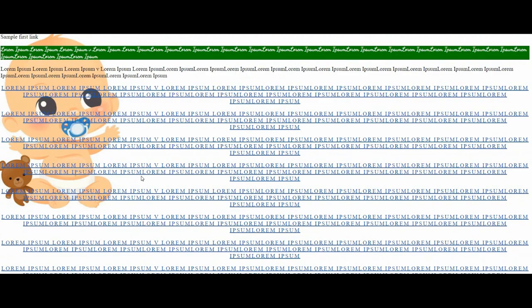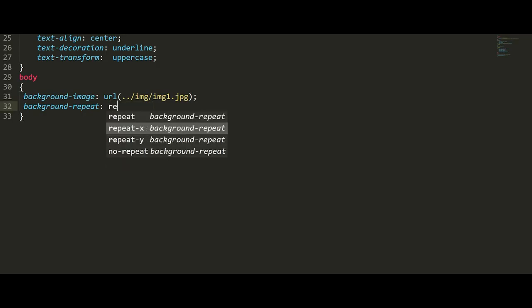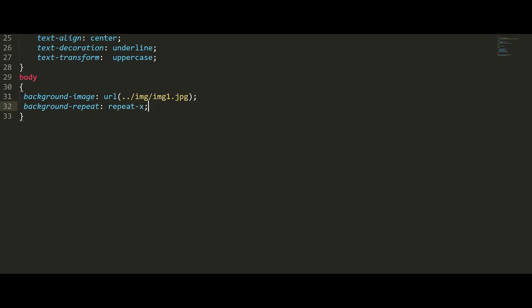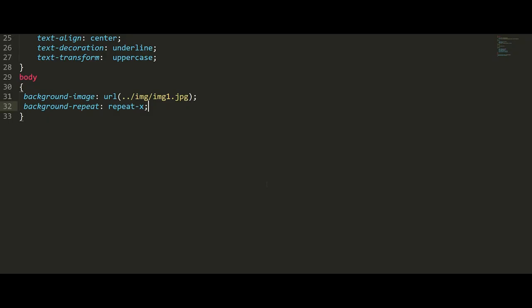Refresh, yes, nothing is repeated. Now let me give repeat-x, save it, refresh. The image is repeated only in the X direction. This is repeat-x.